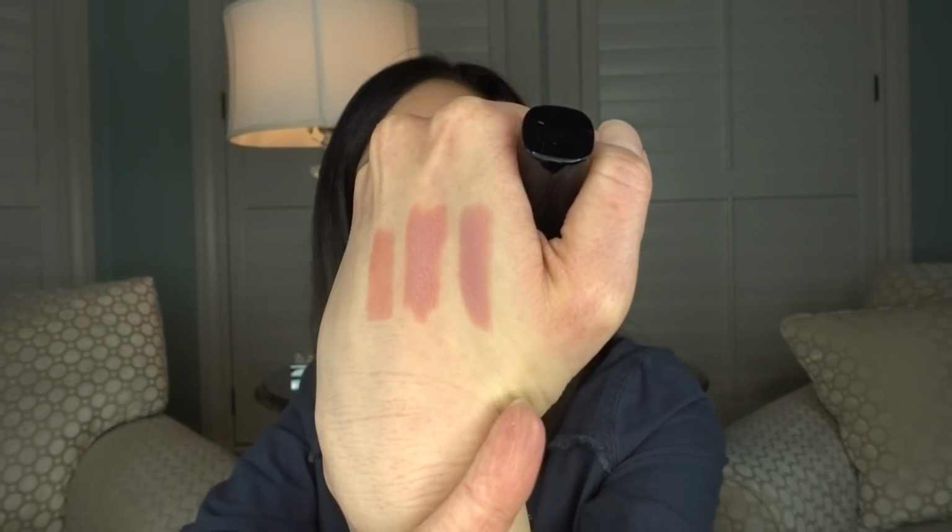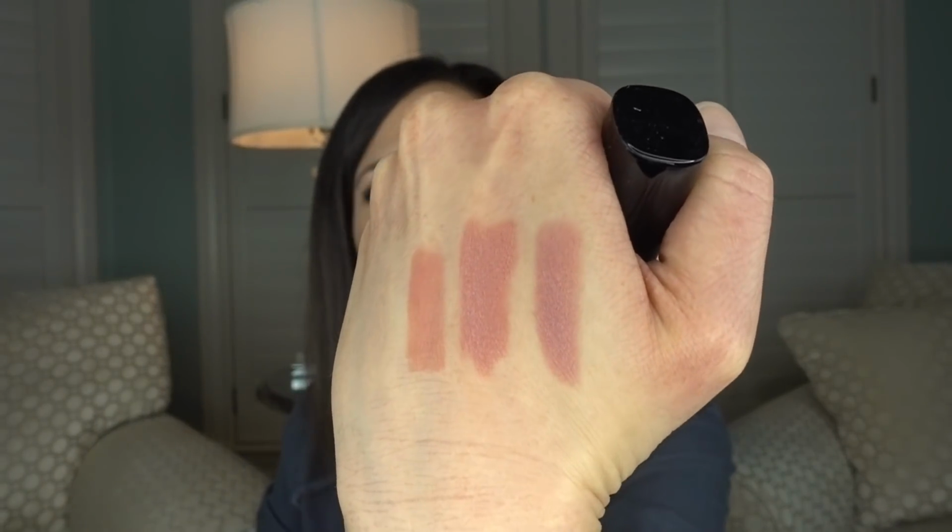And then my other favorite high-end nude lipstick is Marc Jacobs in Sonic Truth, and it is a pinky nude. I got this last year at the VIB sale. It's this one right here. And it's just a great cream, comfortable nude lipstick. You will not be disappointed. These are such lovely feeling,